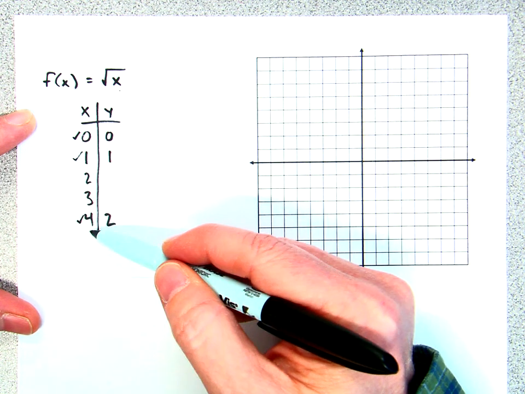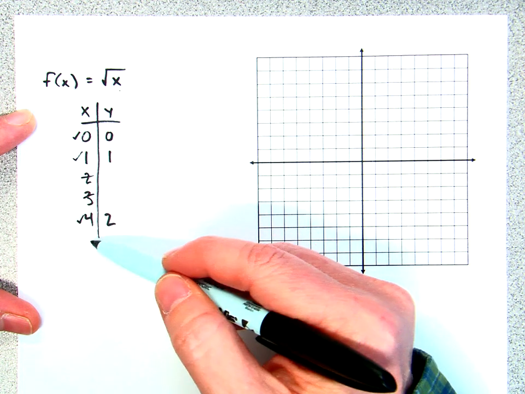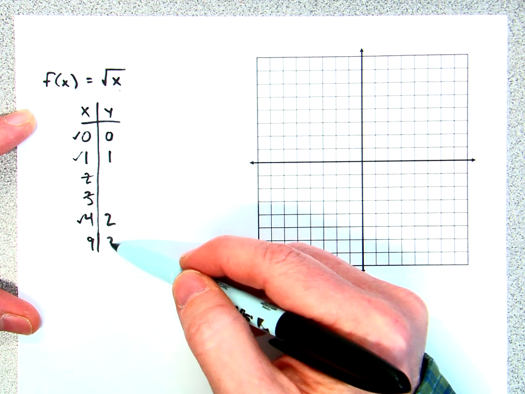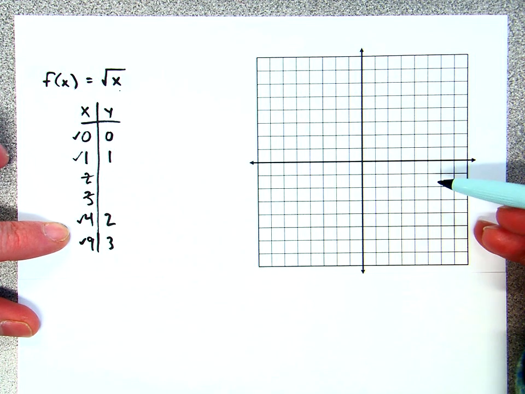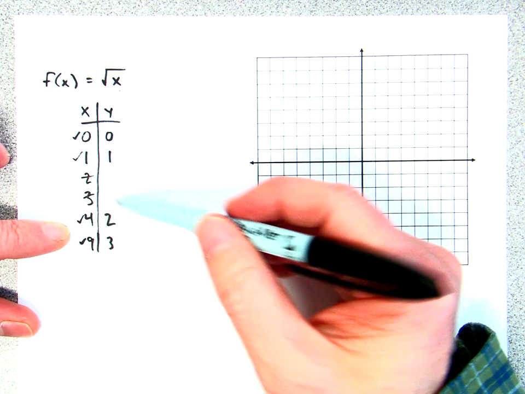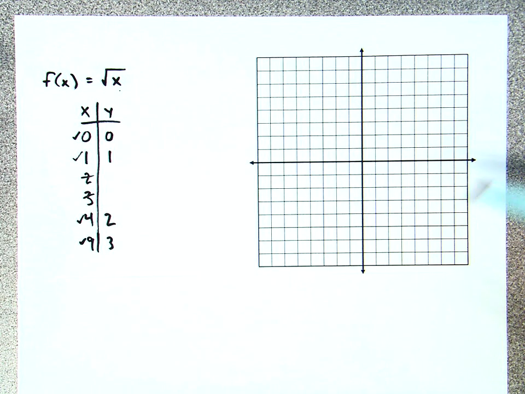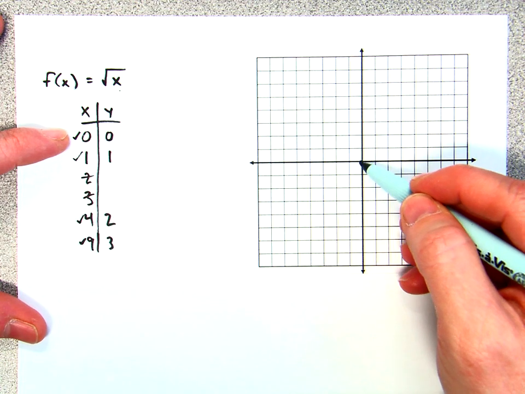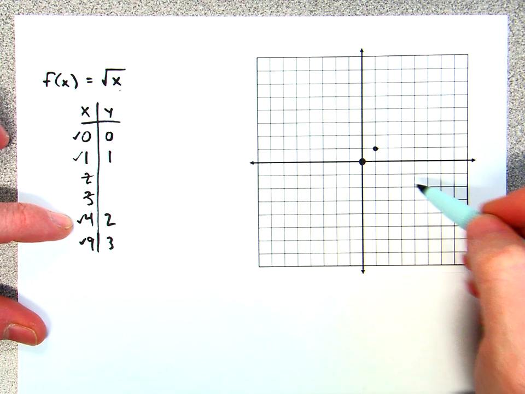I'm not going to do 2 or 3, right? The next perfect square value would be 9. Square root of 9 is 3. I'm going to select these values when I graph this. And then the trajectory of these points will follow through 2, 3, 5, 6, all the other values that I skipped over. So when I plot these points, 0, 0, 1, 1, like we said,